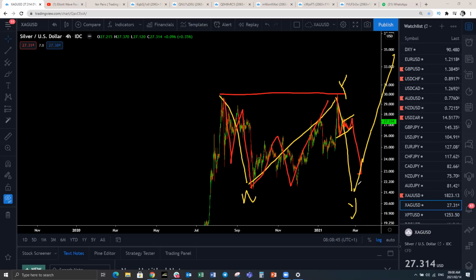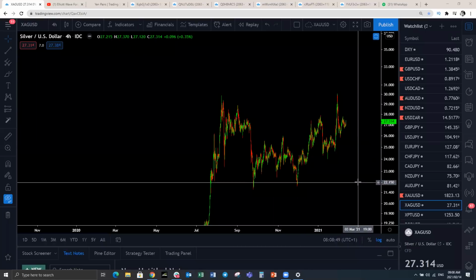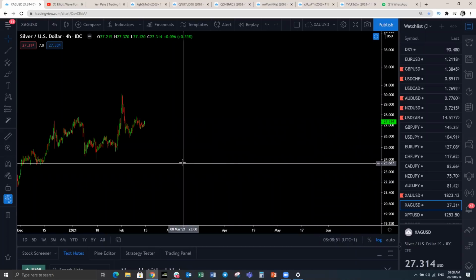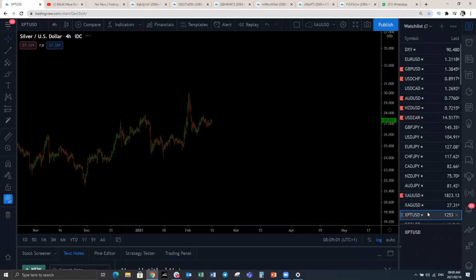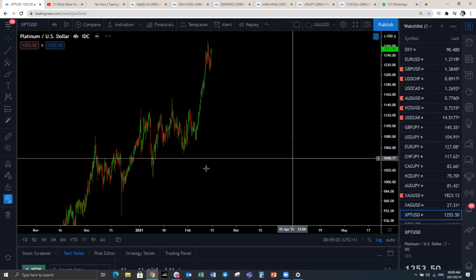A bit of a continuation to the downside to complete this structure, similar to what we're expecting on gold. Let's see if that's going to be confirmed here. So we're going to need to see this structure here possibly come down here, and we can even get a bounce there before coming down. So watch that structure. That's not a trade setup. It's a forecast on the commodities.